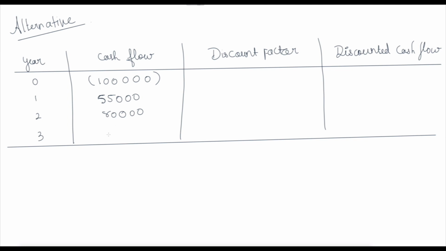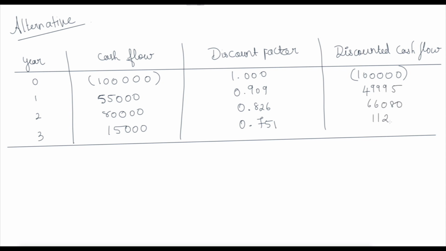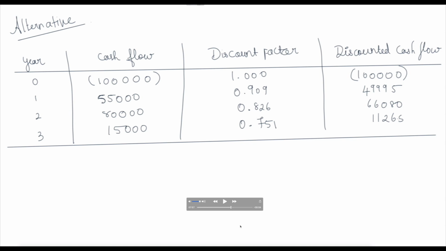So my discount factor for year 0 is always 1. Okay, don't ever think otherwise, it is always 1. So next for years 1, 2 and 3 we have computed in the previous slides itself. So if we solve the same, we will be getting our discounted cash flow. So simply solve, you will be getting your net present value. So this is one format, you can easily compute your net present value here. So again, since it is positive, you will be going for the project.